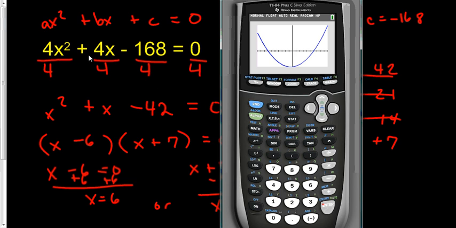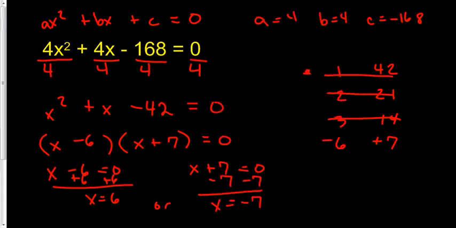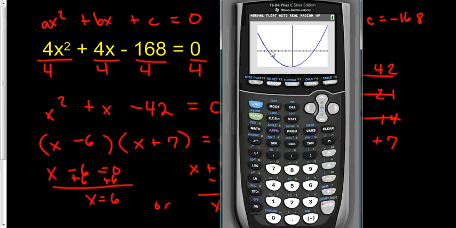So we've literally taken this part of the quadratic equation and graphed it, and you know what? It's going to touch -7 on the x-axis, and it's going to touch +6. Remember, this was -7 on the x-axis, but that means it's 0 on the y-axis, so y is 0. And it's also +6 on the x-axis where y is 0. So when we factored it, it told us 6 and -7. And when we graph it, it told us 6 and -7 is where this is equal to 0 on the